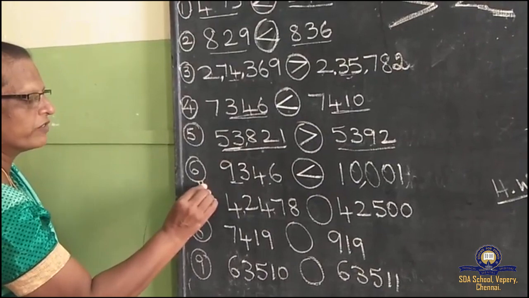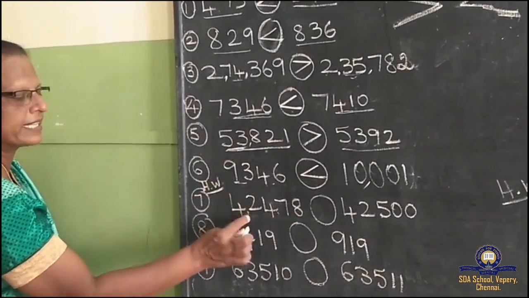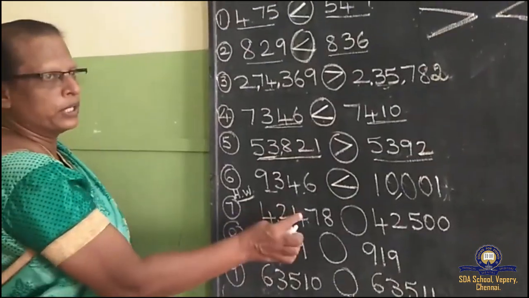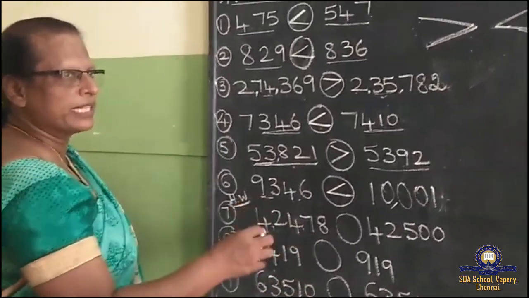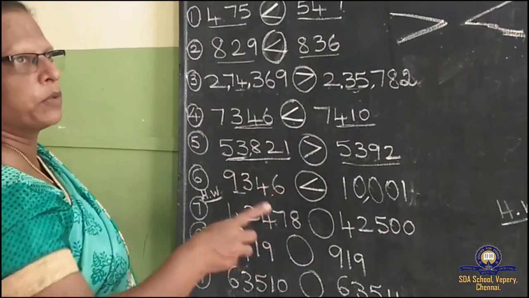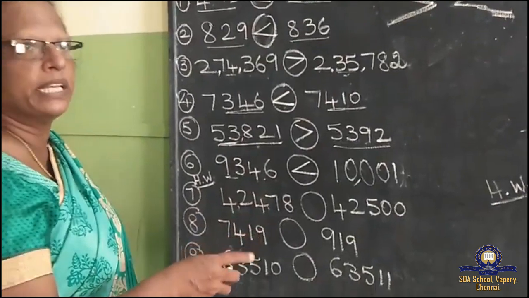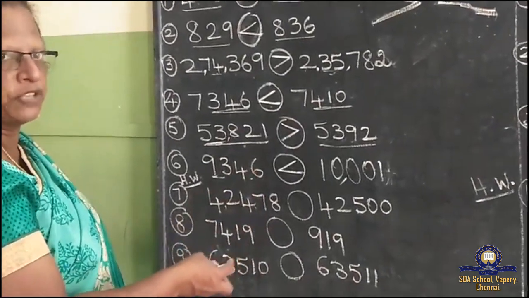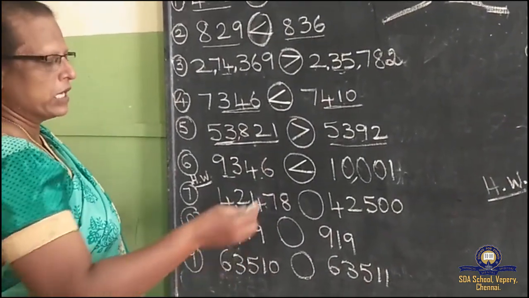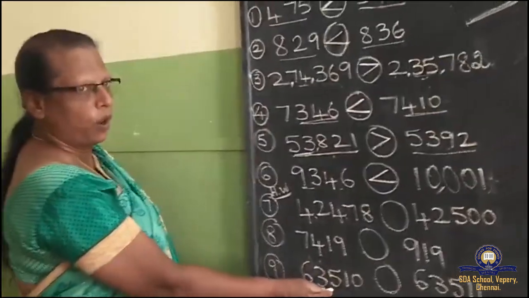So okay children, these three sums will you do children? I will write homework. So what you have to do children? These three sums you have to do and send it to me. Understood? I will send you this. What are the sums I am working out here? I will be sending you in the WhatsApp so that it will be very easy for you. Only few children are sending. Okay children, these three sums homework.